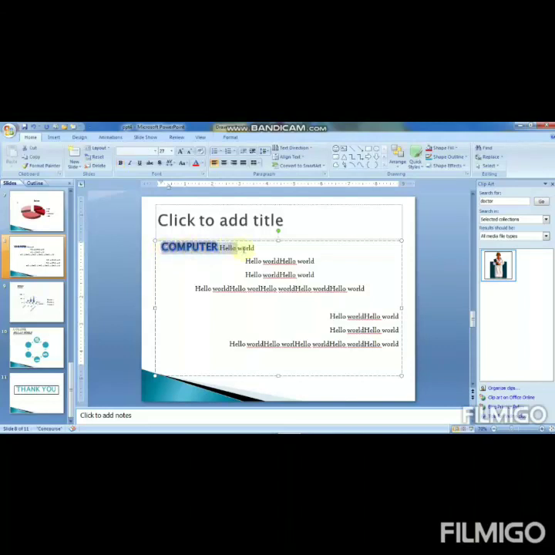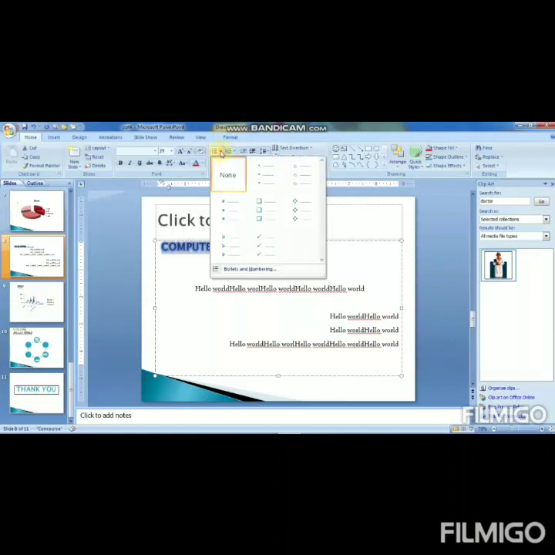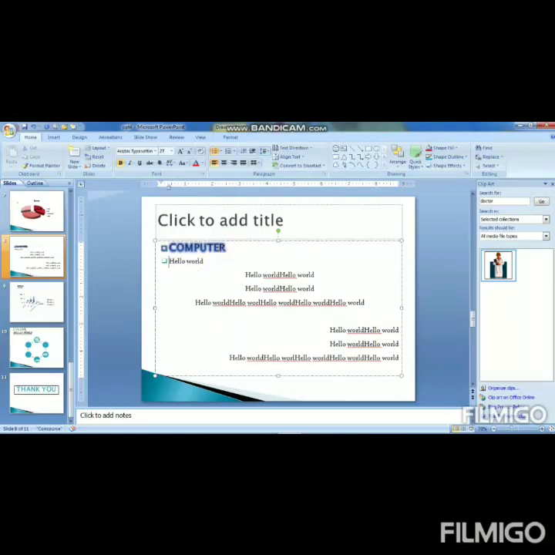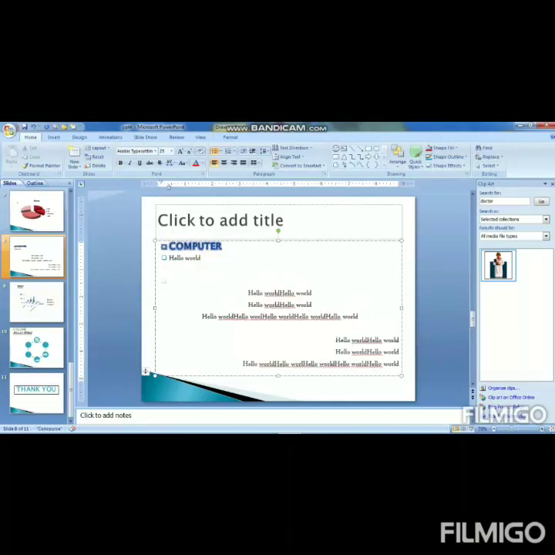First I'll choose this and give the bullets. Different kinds of bullet options are available. Whichever one you choose is automatically added to your presentation. You just press the enter button. It creates the bullets by default. See here.